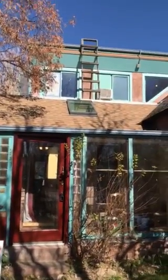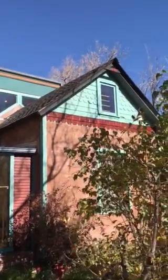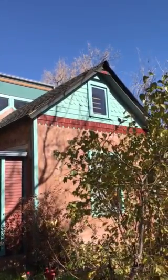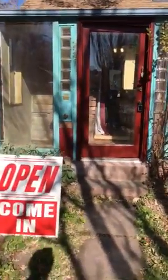Okay, lovely, beautiful house. As you can see, I don't know if you can actually, but 1895 is what the owner thinks it is, and the tax record actually says 1900s. So let's go inside,